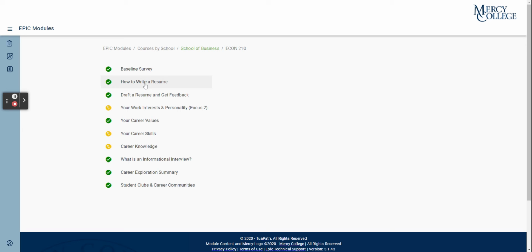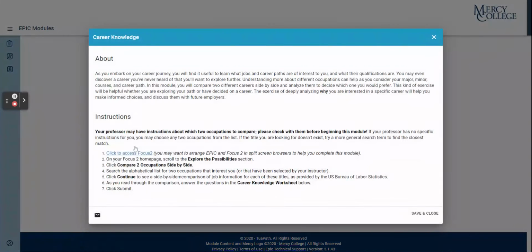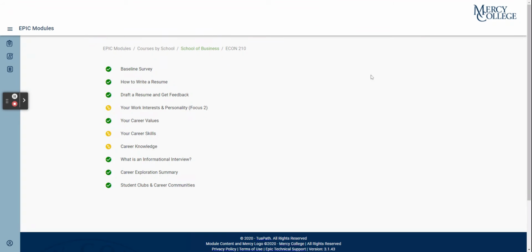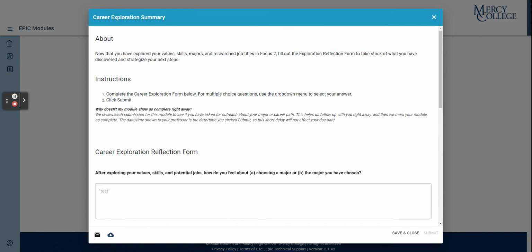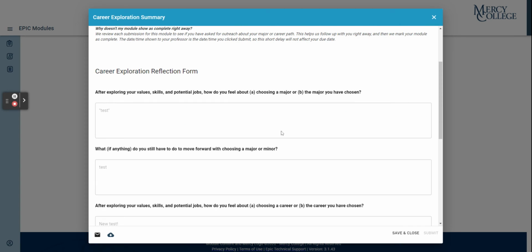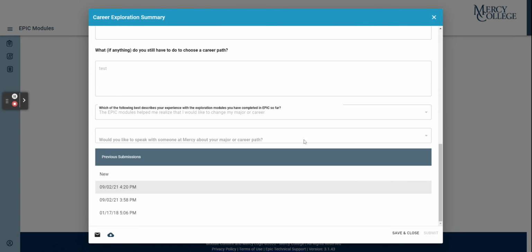Now, one thing I would like to point out, both for you and for your students, and this is something that we can always discuss further, is that these modules all have, actually I should open a completed one. These modules all have the capability to repeat them. If you would like to require your students to repeat a module, or if you would like to offer them the option. Having to repeat a module is a relatively rare occurrence, but there are certain situations where a student